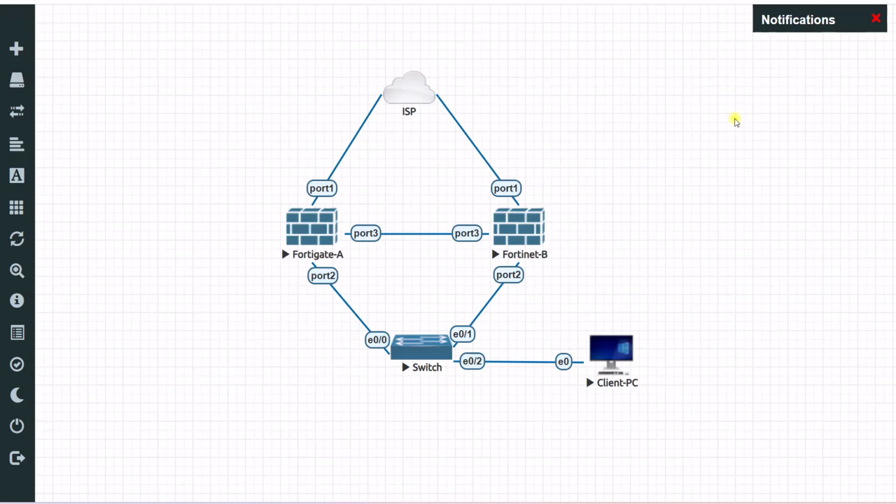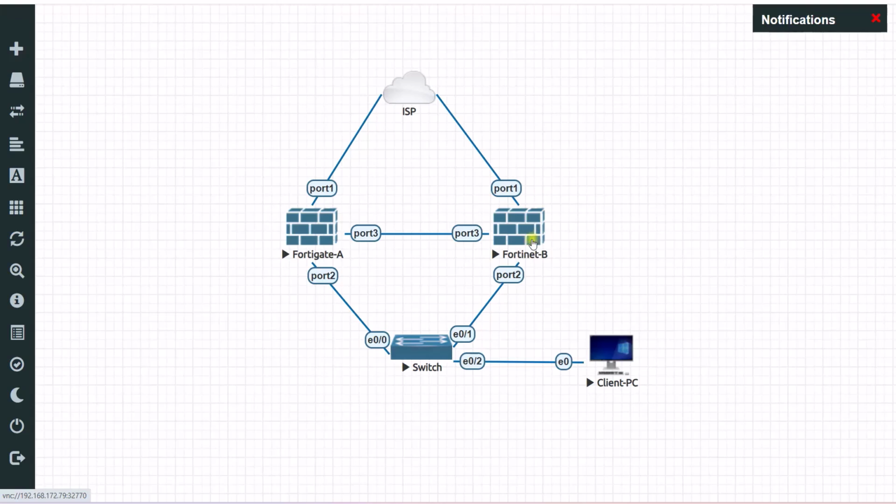In today's lesson, I will teach you how to configure HA in FortiGate. In this scenario, let's say if my FortiGate A is down, then FortiGate B will take over. Or in case my FortiGate B is down, then this one will take over. My primary FortiGate is FortiGate A, and my secondary or backup is FortiGate B. So in case one FortiGate is down, you still have access to your application or your LAN within your